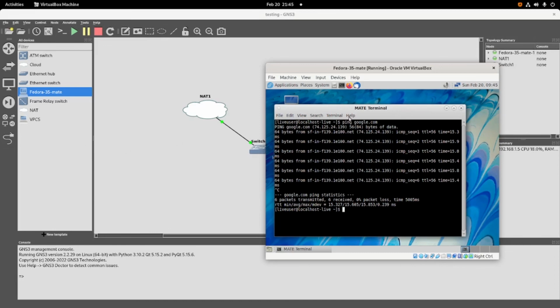I hope this video is useful for you, because GNS3 plus VirtualBox can become a tool that you can use for testing or learning about networking.